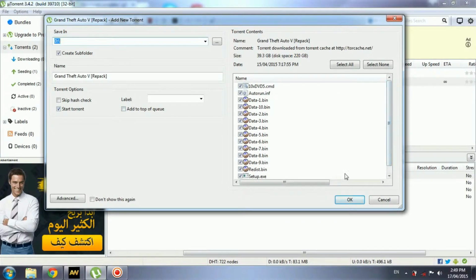For your information, this game is 39 GB, so make sure that you have a better graphics computer to download this game. I'm downloading in drive D because my drive C is almost full, so I will download everything in drive D. Okay, I'm just going to click OK.